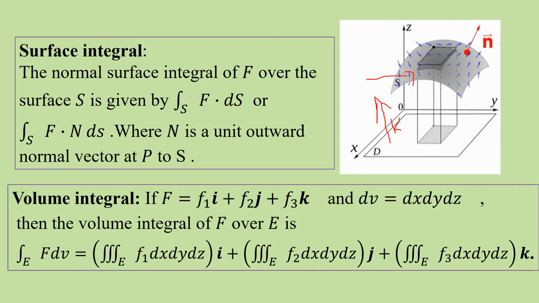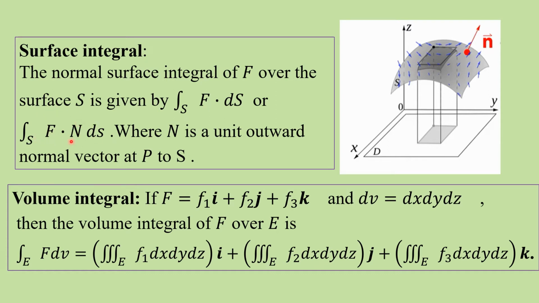Most of the time, you may have come across a problem where the surface is on the xy plane or parallel to the xy plane. Then the unit outward normal vector n to that surface is obviously k. Or else, if you have any other surface, then we have to find the gradient of that surface, and the unit outward normal vector is del f by magnitude of del f.